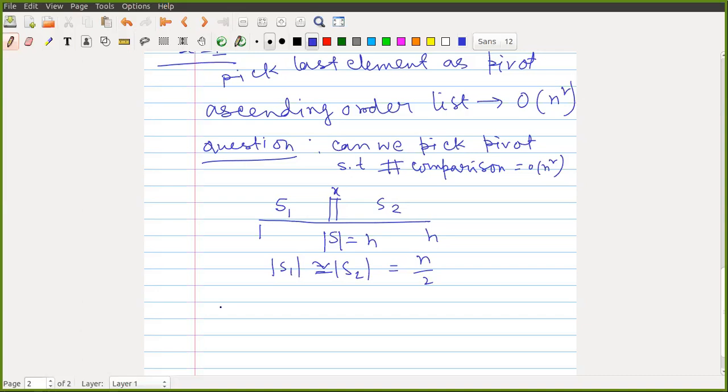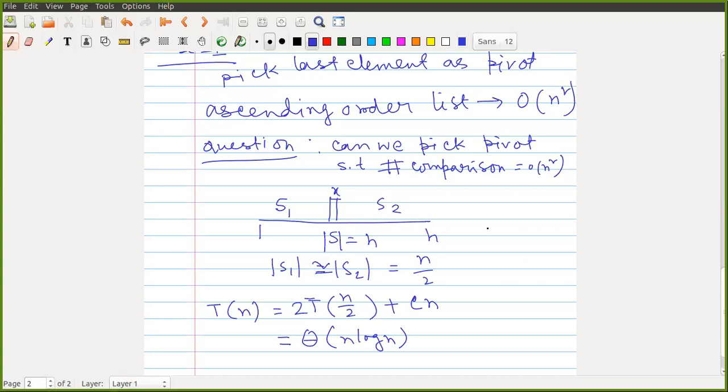So in that case, what will be our time complexity? We have to recursively sort both these two sublists. Each takes T of n by 2. And also we are comparing some non-trivial amount, so this will be some c of n. And if you work this out, maybe using the tree method or the standard Master's theorem, this indeed comes out to be n log n,